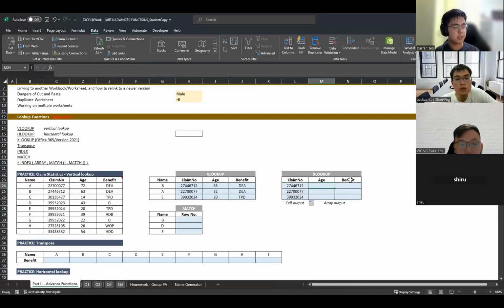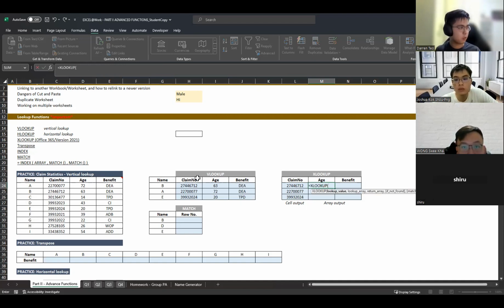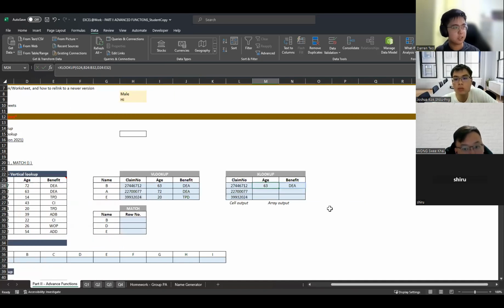So age and benefit, let's say I want to search it up together, right? XLOOKUP can output this whole thing for you. So let's say I use XLOOKUP again. For the lookup value, I use this. For the array, I use this. And now I want age and benefit. So age and benefit are these two columns. I just highlight the whole two columns over here. I don't highlight one column, I highlight two columns now, okay? And then I just close. This will give me an array output. You see, now two outputs come out at one time, and they cover together.